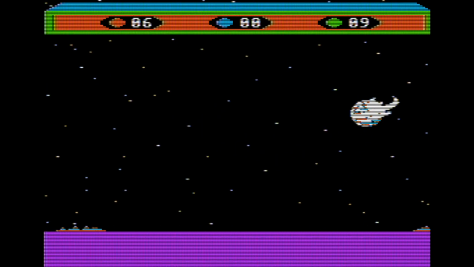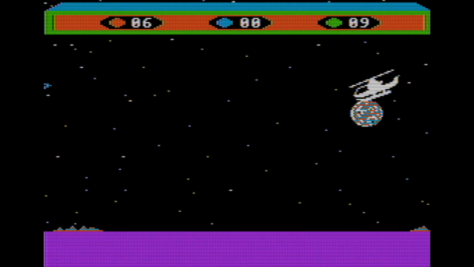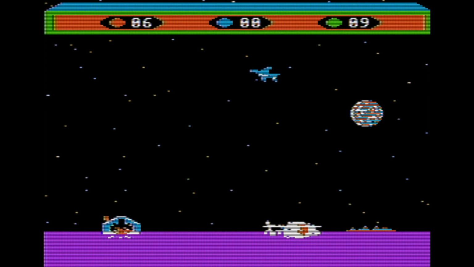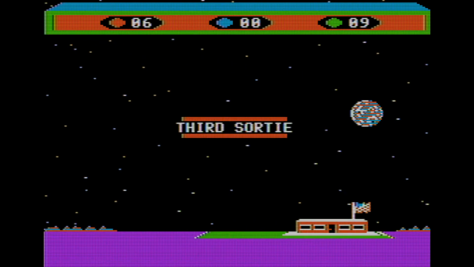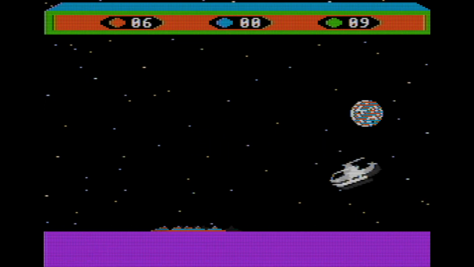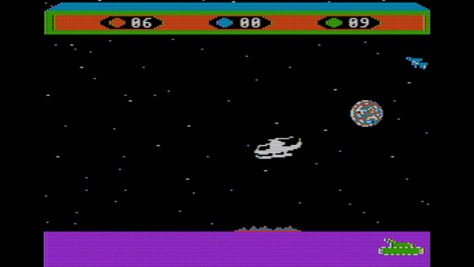Let's try again. I think you can hold up to, I believe the number is either 12 or 16 hostages at a time. And got hit in the air. Missile came right for me. And then, oh, we're still on our 3rd sortie. So I haven't been able to beat 9. Let's see if I can at least rescue 1 here.